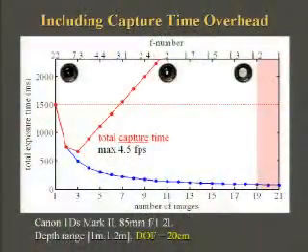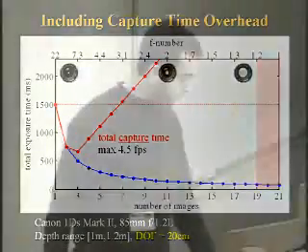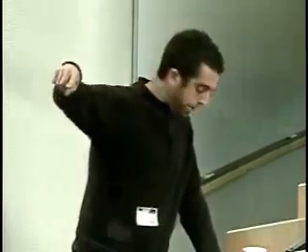For many cameras, the overhead that's involved in capturing multi-aperture sequences can be significant. So for this particular camera, this is the 1DS, we require at least 220 milliseconds to capture an image. So it shows here how the total capture time is dominated by overhead beyond the first few number of images. So this changes our strategy.